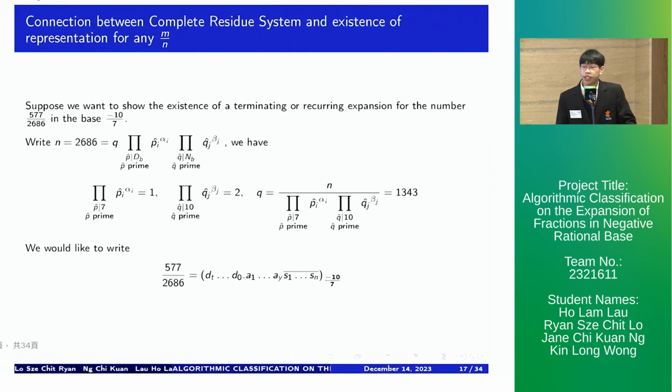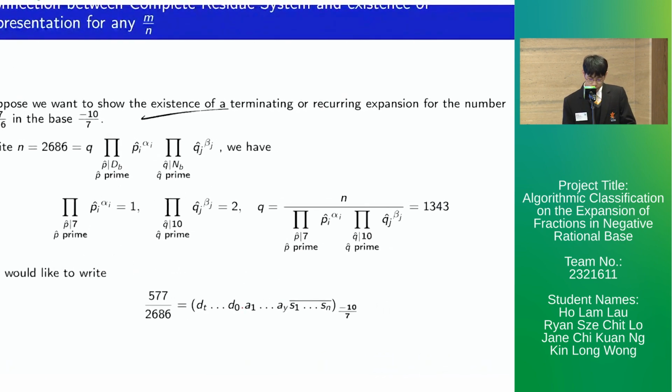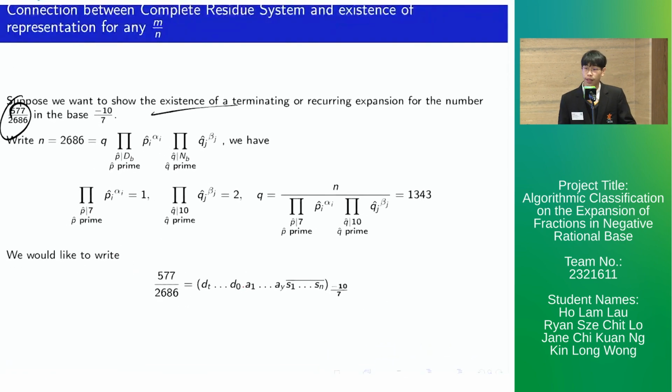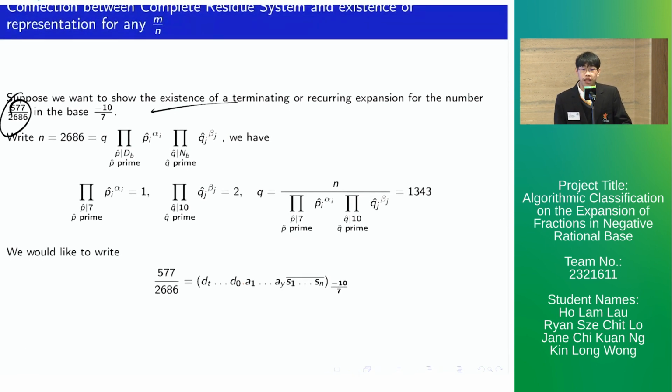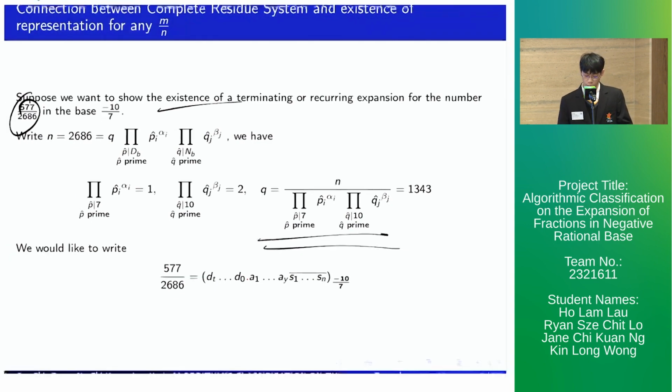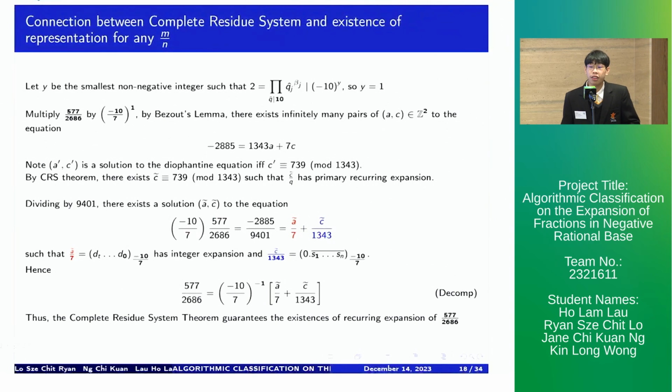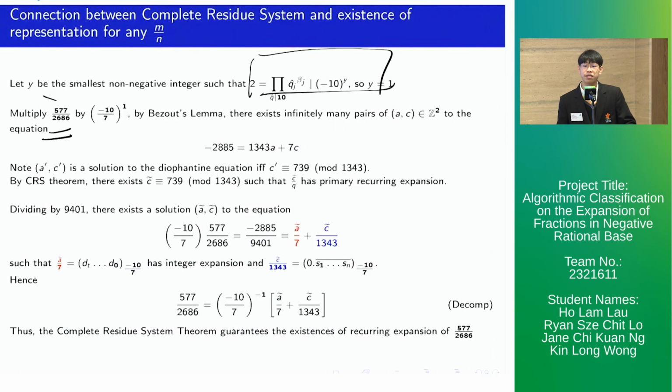But to generalize it to a general base, suppose you want to show the existence of representation of 577/2686 in this base. We'll first decompose the denominator into three parts, where the first part only contains factors of dB, the second part only contains factors of NB, and the rest is Q, which is co-prime to NBdB. We'll first determine the length of the non-recurring part after the decimal point, which we call y, by this expression, in which we multiply our number by the base to the power of y, so that we get rid of the factor of NB in the denominator of our new fraction,